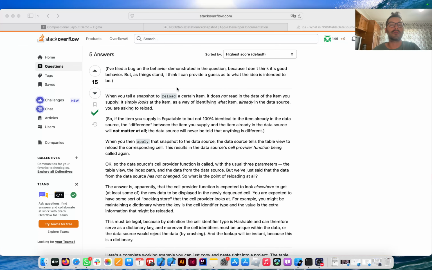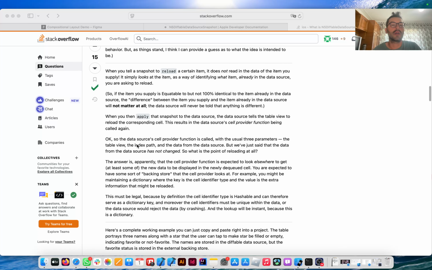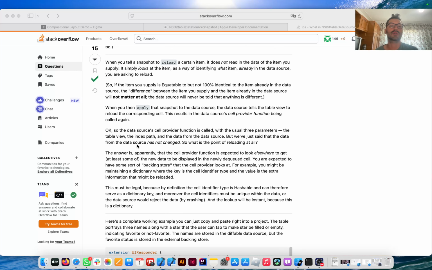File debug on the behavior demonstrated in this question, because I don't think it's a good behavior, but as things stand, I can provide a guess as to what it's intended to be. When you tell the snapshot to reload a certain item, it does not read in the data of the item you supply. It simply looks at the item as a way of identifying what item already in the data source you're asking to reload. So if the item you supply is equatable to but not